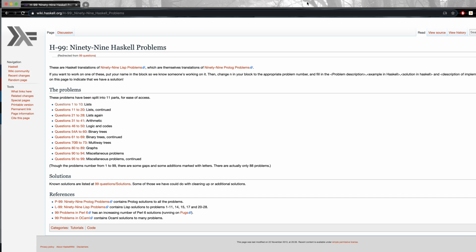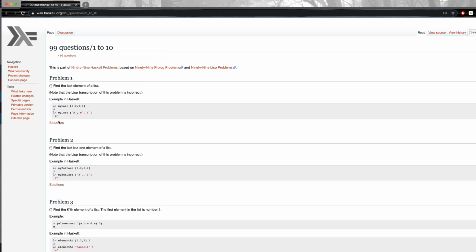So basically, these problems are located at the official Haskell documentation, and you can also find solutions to these problems, but these solutions might be trickier and they might introduce some newer concepts which you might not be familiar with because the functional programming paradigm is a bit different from the traditional object-oriented programming which most people are familiar with.